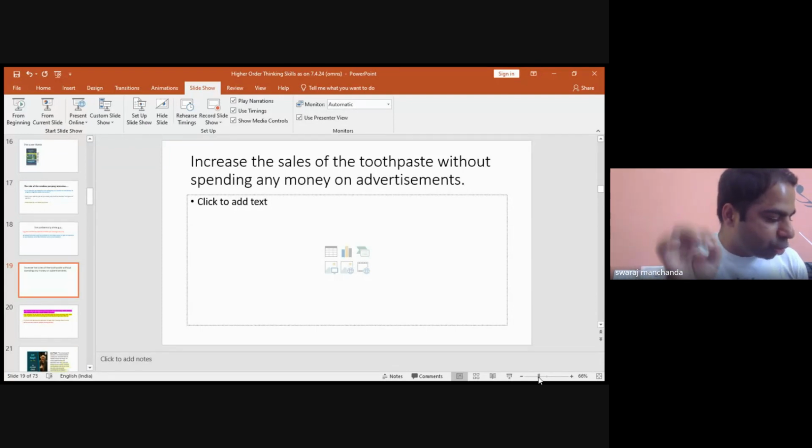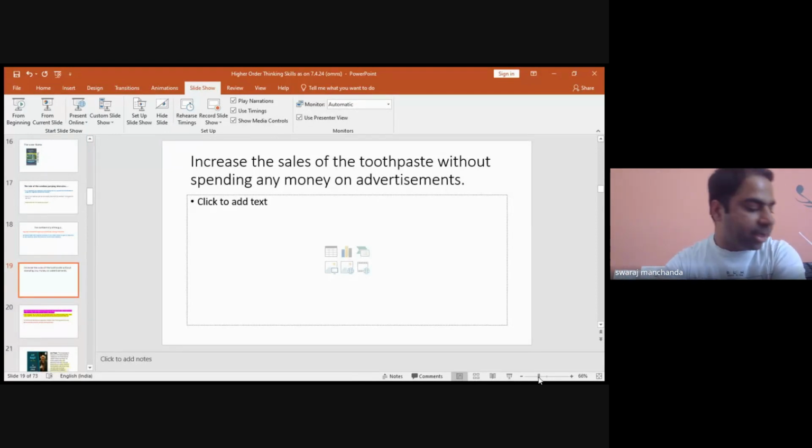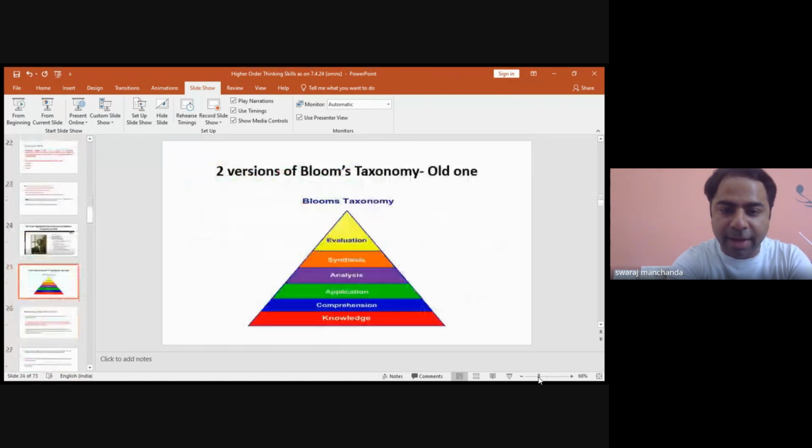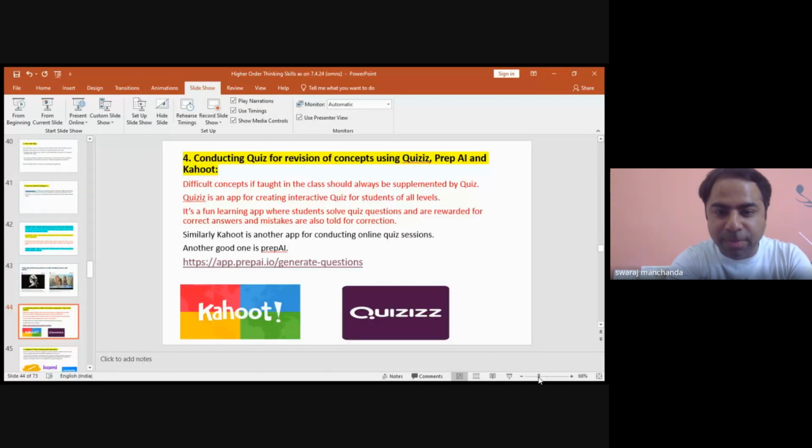Now, when you discuss such questions with the students, they'll be amazed. Many of the students ask me, what is the application of derivatives and integration in our real life? Sir, I did so much practice in 11th and 12th for formulas for derivatives, formulas for integrals. Even Amit sir must also have faced this issue. Students must have asked in future that, sir, we struggled a lot in maths, but now we don't know where maths is being applied. Let me tell you where the maths is being applied. I have some interesting memes which will tell you where the maths is actually being applied.